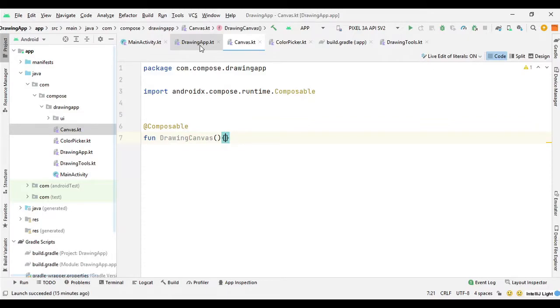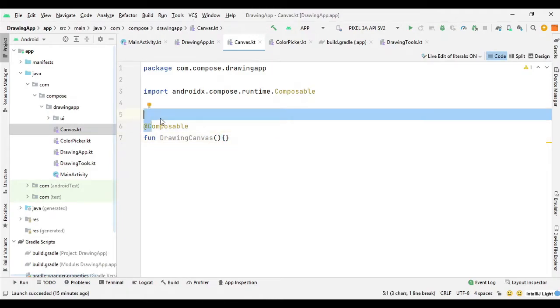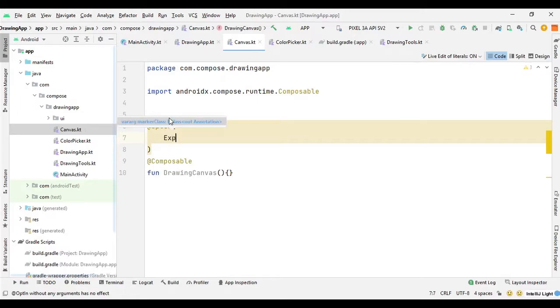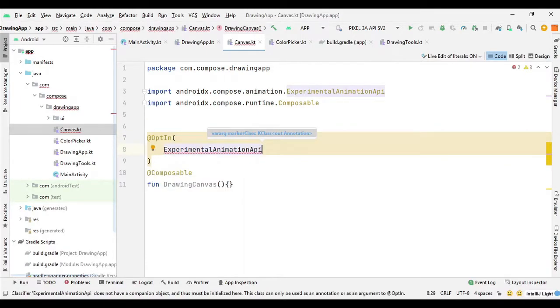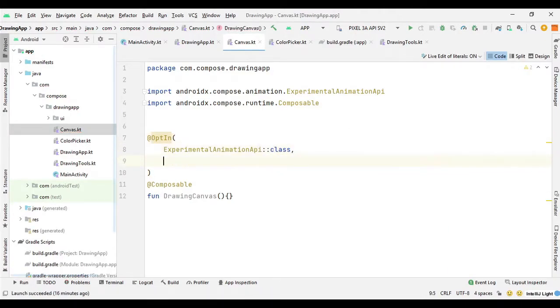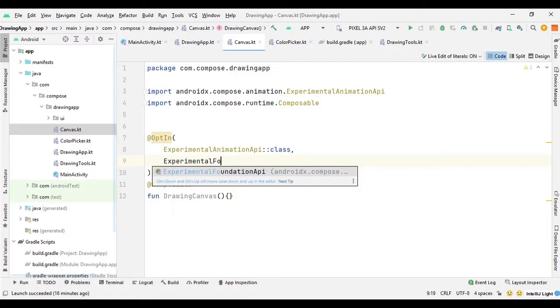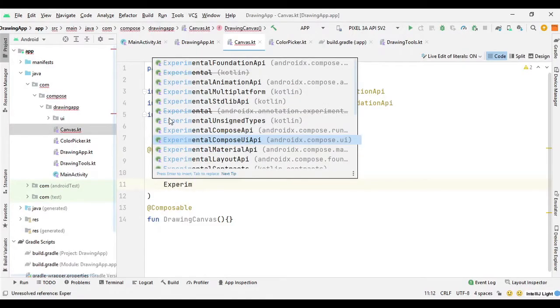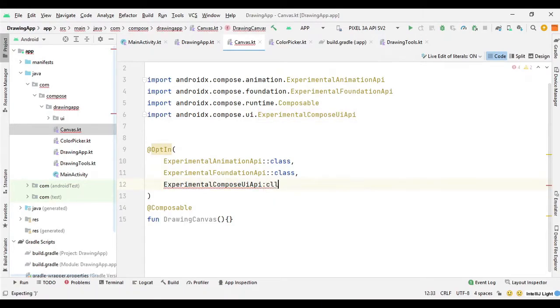So for this function we need three experimental APIs. So let's declare them first. So we will say here @OptIn, and the first API is experimental animation API class. Then we need the experimental foundation API, and finally we need the experimental compose UI API. So let's just select it from here, instead of typing all this stuff,